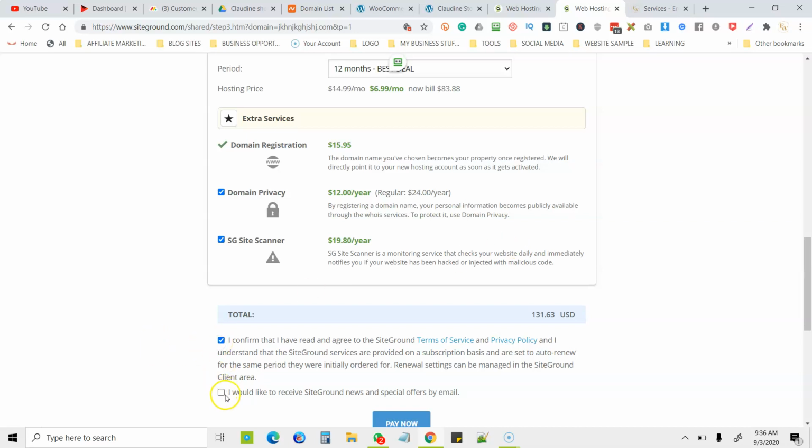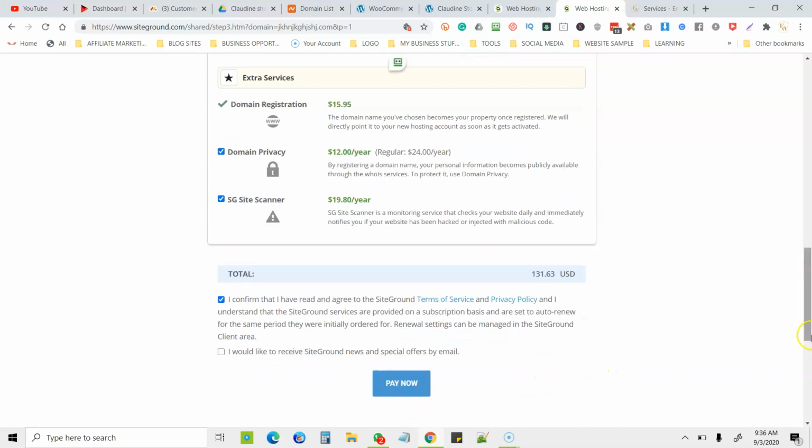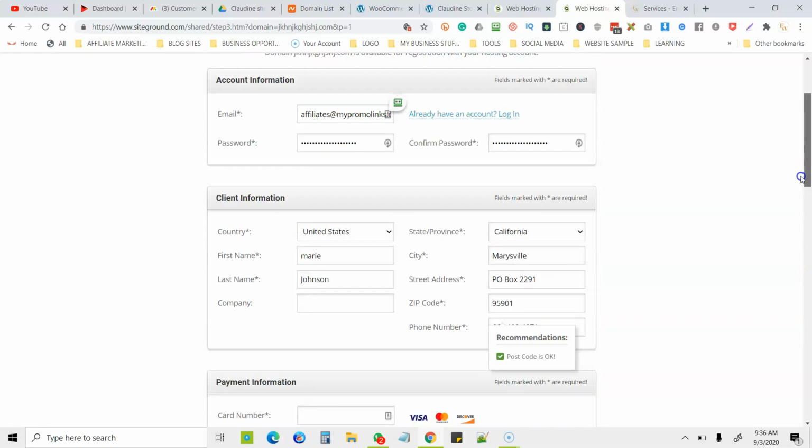If you don't want to, you don't have to do that, because they're gonna be sending you offers by email, and some people don't like receiving email anyway. You don't have to do that, and then you can keep going and press pay now. After you pay, you will receive 3 emails. The first one will be a receipt. The second one will be